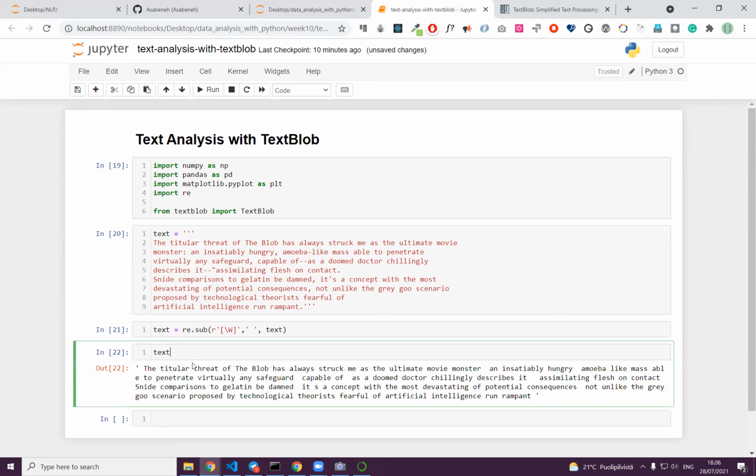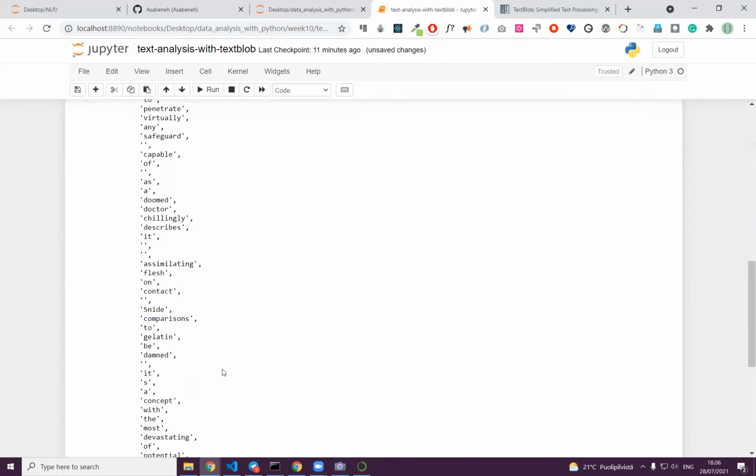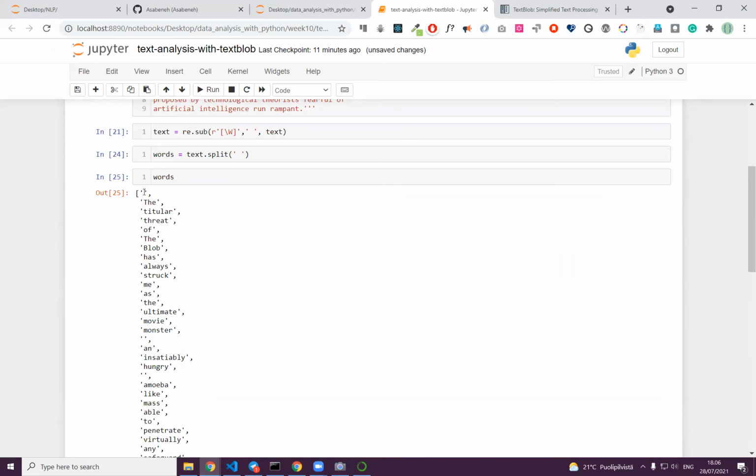And then after that, I can change this to words. Words is text dot split, and then we can just do split without anything, or you can add a space. That's the same, and then you can say words. Yep. Now in these words, actually, there's an empty one. So I think I can just clean words, and I'm in favor of this